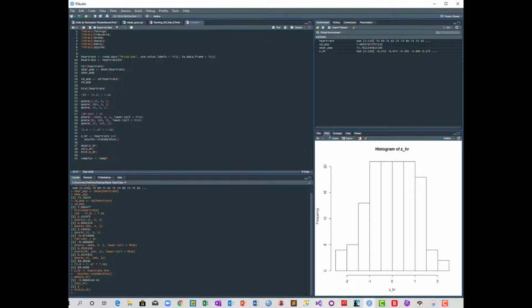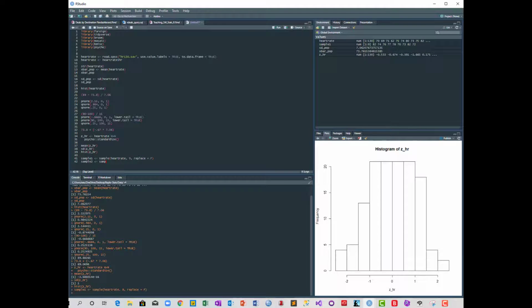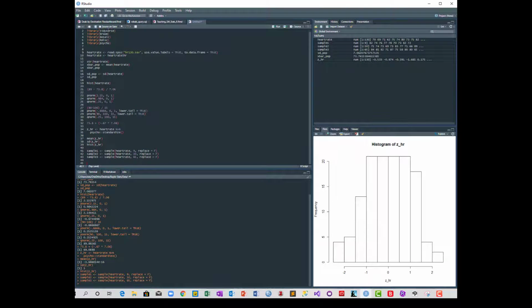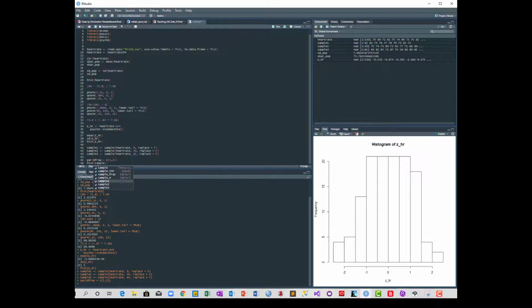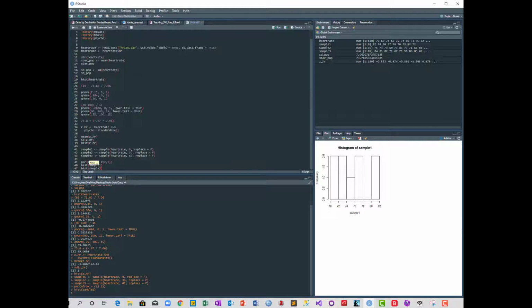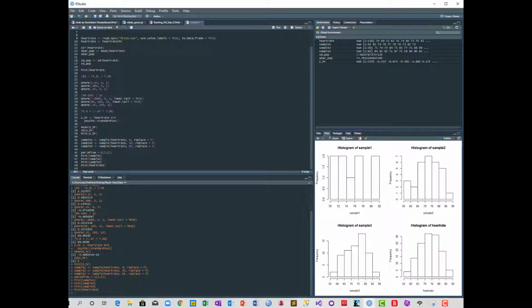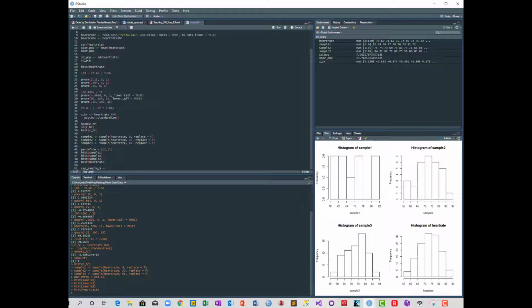So let's create some samples of our data set of varying sizes and compare them to the population. We'll create a sample of size 9, 30, and then half the population with 65. Notice how, as the sample size increases, the distribution approaches normal and the sample mean approaches the population mean. Now that might be intuitive, that as the sample size increases, it increasingly reflects the underlying population. But now let's take the smallest sample with 9